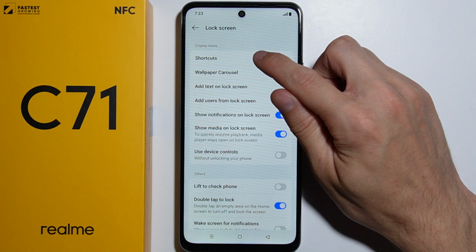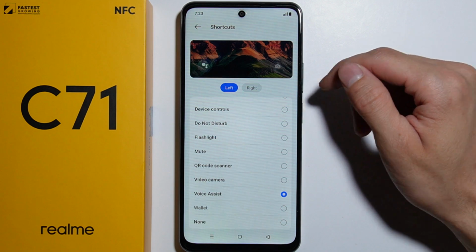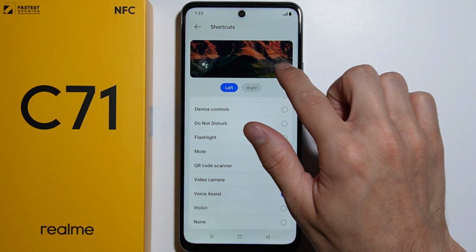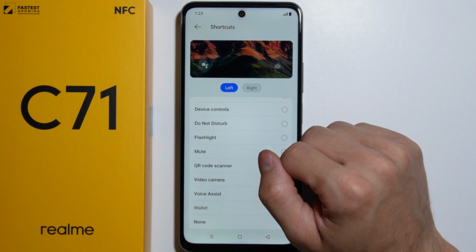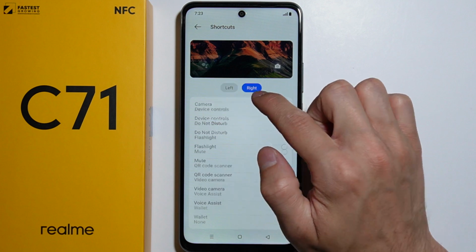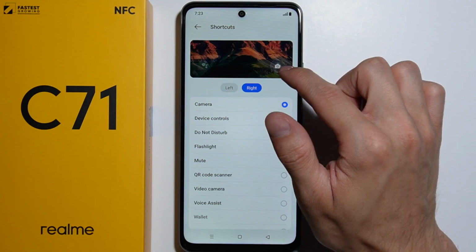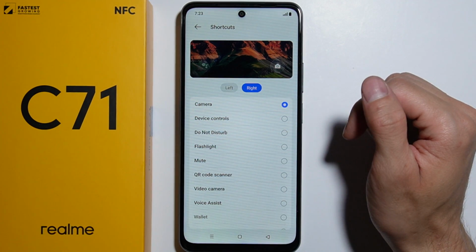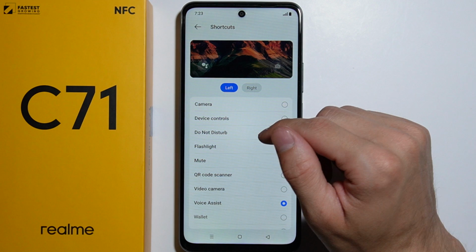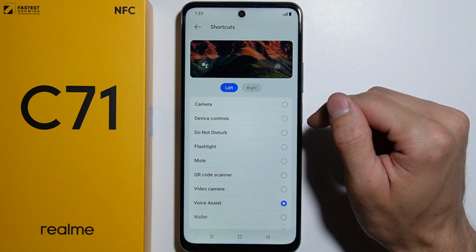the shortcuts. So simply tap on this one, and here you have this preview of the current shortcuts, and you can select if you want to change the left shortcut or the right shortcut, and it gets highlighted whichever of these shortcuts you choose. And so let's say I want to change this left shortcut, so I'll go for the left shortcut, and here